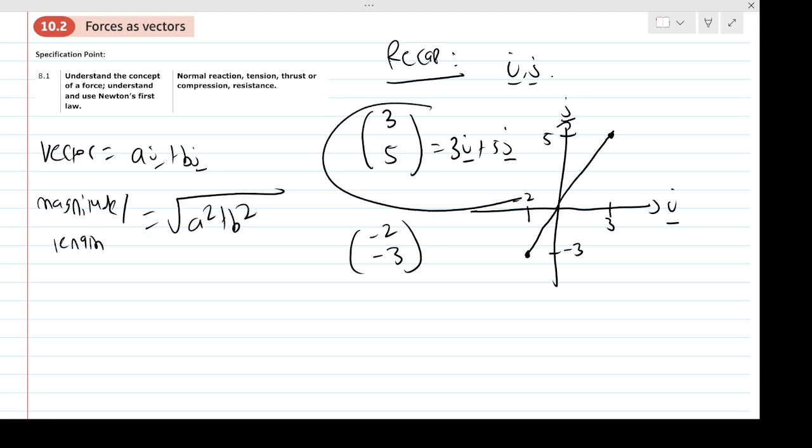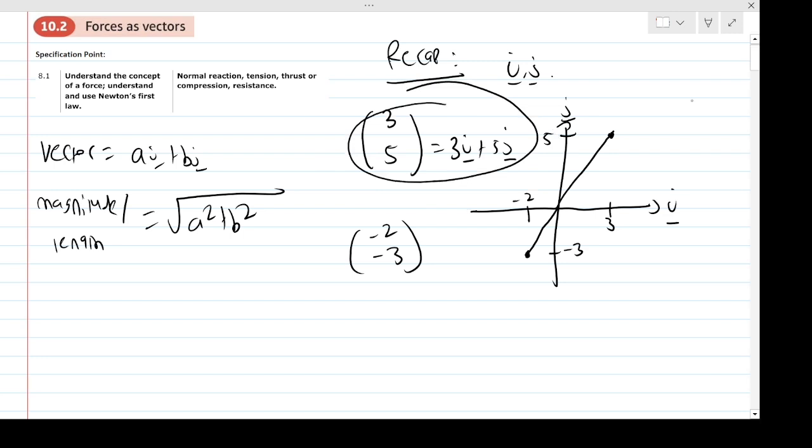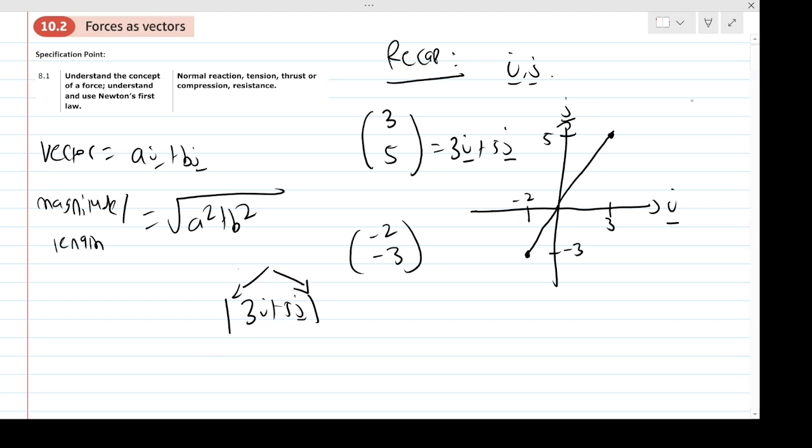So in this example, to calculate the magnitude of the vector 3i + 5j, we would write 3i + 5j with these two vertical lines at the ends, which represent the magnitude, and so it'd be the root of 3 squared add 5 squared, and that would get me